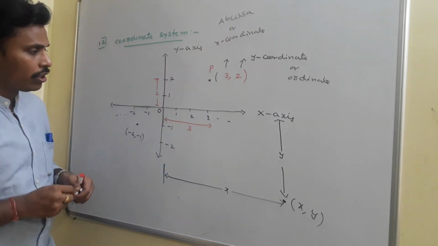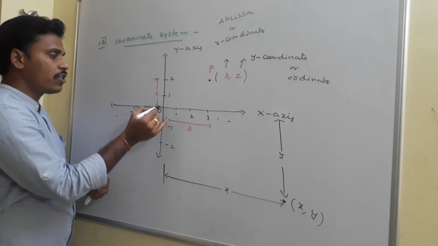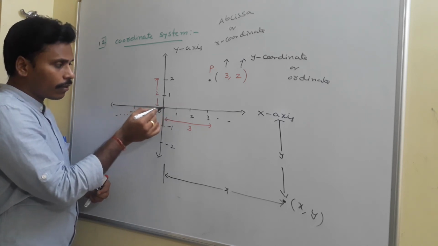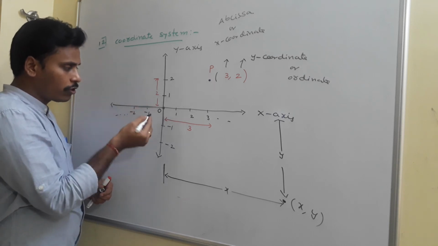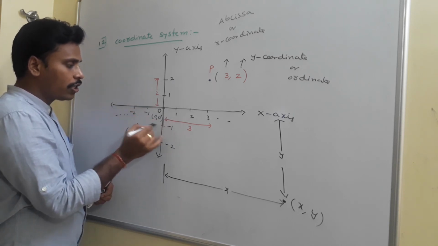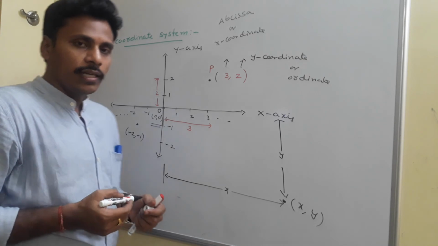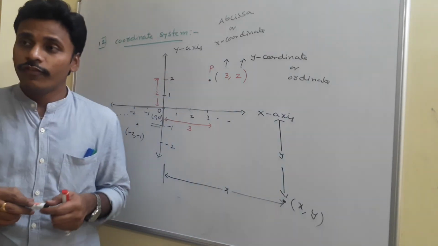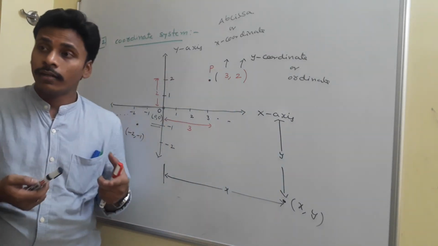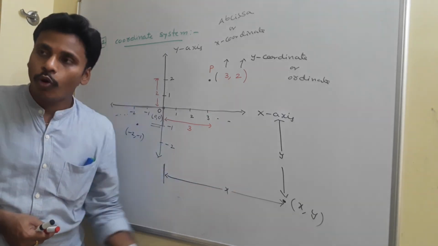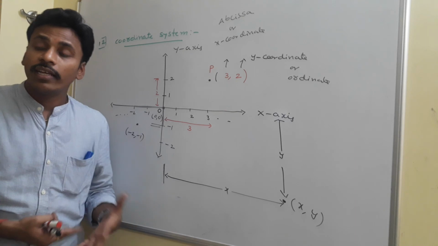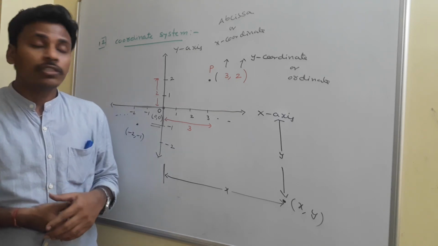This is something about the coordinate system. Since this is the origin, there is no horizontal movement as well as no vertical movement from the origin to this point, so its address is 0, 0. If you think about it, why are you calling it the origin? It originates each and every point of the plane. It generates each and every point of the plane, because to address every point